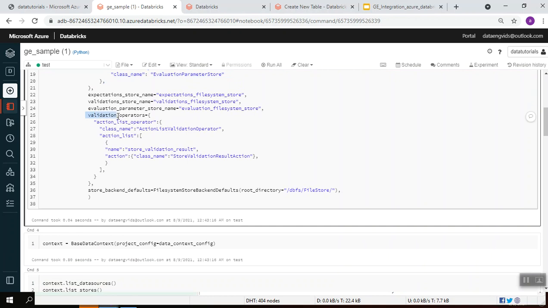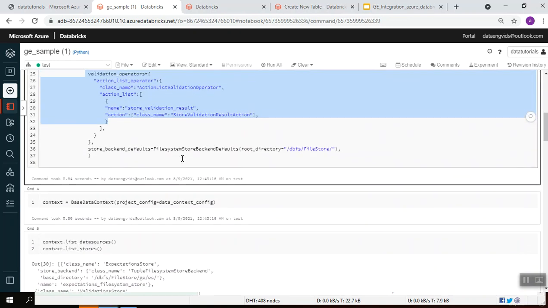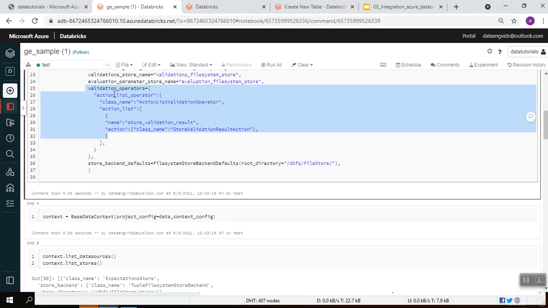Once the validation has been completed, we are going to invoke this action. Without mentioning this action, your results will not get stored into the validation store. In this action list operator, you can add the list of actions that can be triggered once the validation has been completed.